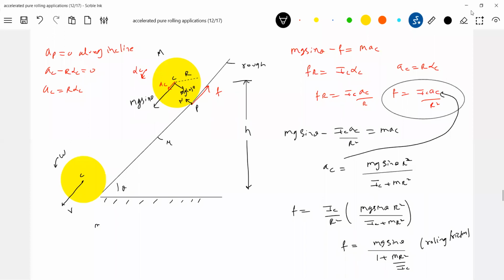So the decrease in potential energy, mgh, should be equal to the increase in translational kinetic energy plus rotational kinetic energy. For pure rolling, you can write V equal to R omega, and also XC equal to R phi. Theta is the angle of inclination. Net work done by friction: friction does negative translational work and positive rotational work. Net work done by friction will be 0. Therefore, I'm able to apply the conservation of mechanical energy. So substituting this, what is omega? Omega is V by R, whole square. Solve this, you'll get the expression for V.